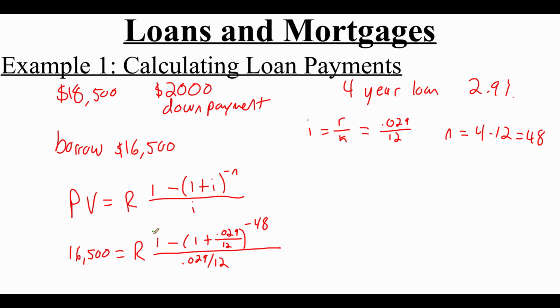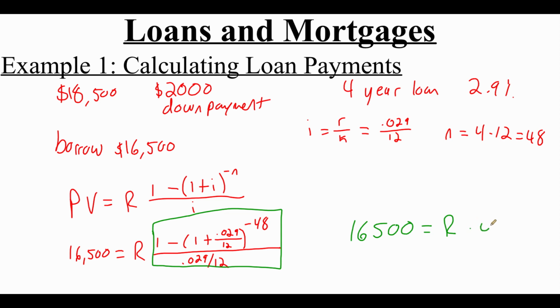So now I'm going to take this entire fraction right here and type that into my calculator. When I type all of that in, I get about 45.27. Now, if I'm trying to solve for R, then I'm going to take that 45.27 and divide it over to the other side. When I do that, I should get an R value of 364.48. Since the R value is that payment amount, we're going to have a monthly payment of $364.48 to pay off this $16,500 loan over this